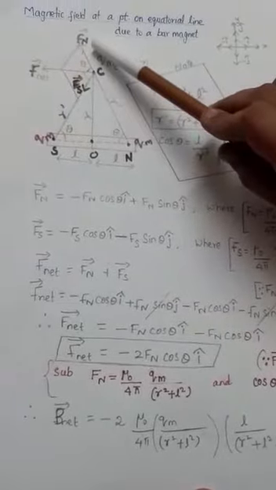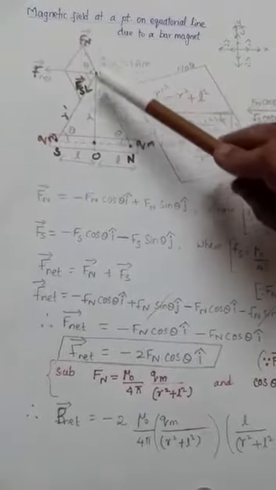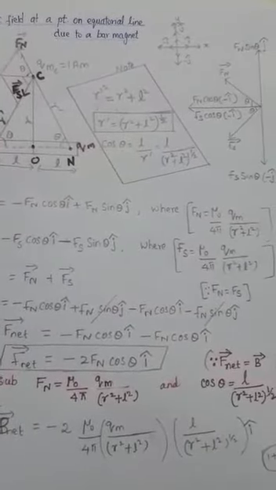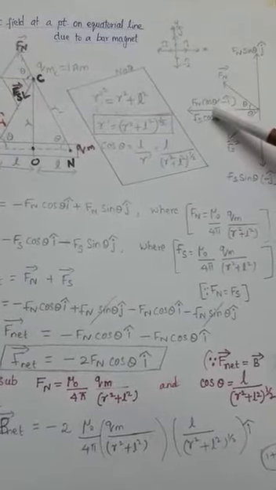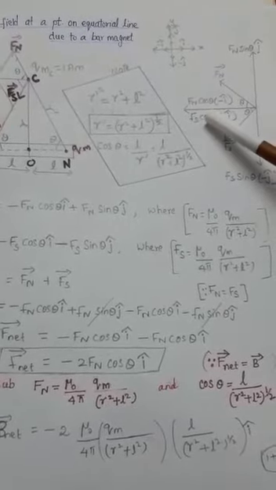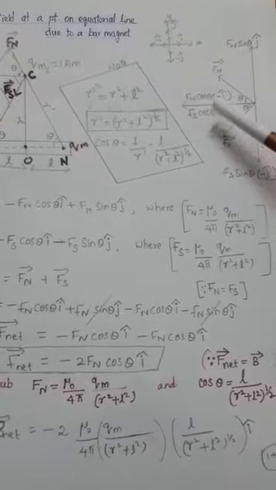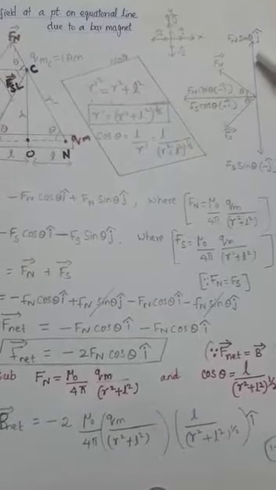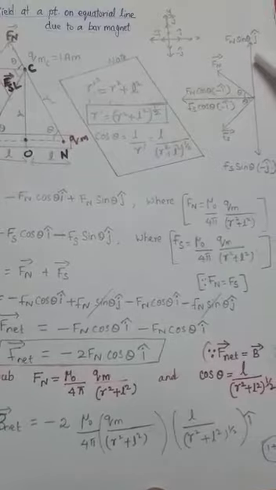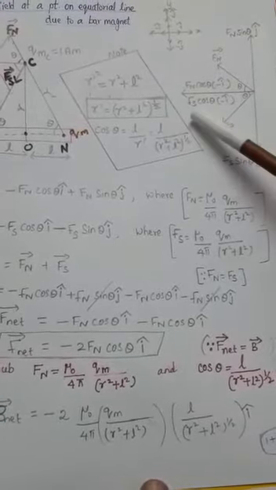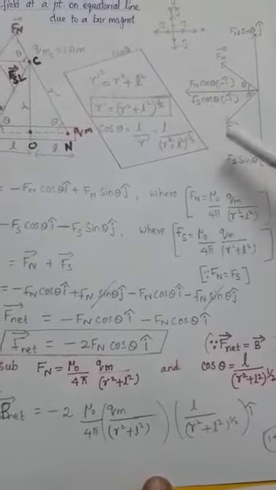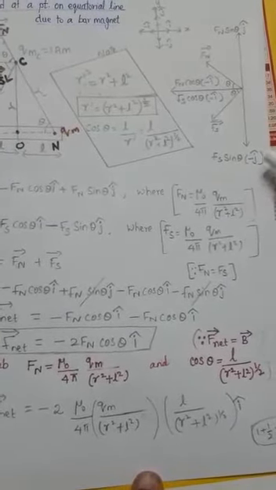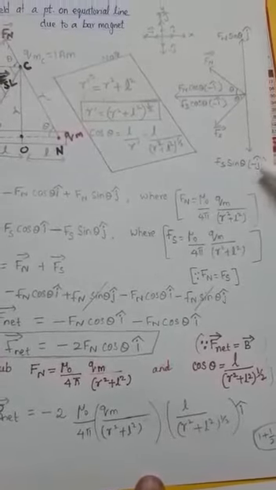To find the value of Fn and Fs, resolving the vectors has to be done, children. Now to resolve the vector Fn, horizontal component and vertical component. The horizontal component is Fn cos theta minus i cap. Why minus i? Because it is along the negative x-axis, and the vertical component is Fn sin theta j cap. In the same way Fs is resolved into horizontal and vertical components, Fs cos theta minus i cap and Fs sin theta minus j cap, minus j because this unit vector is along the negative y-axis.